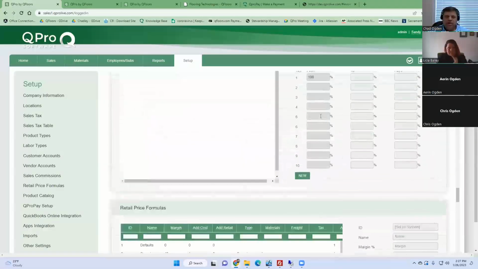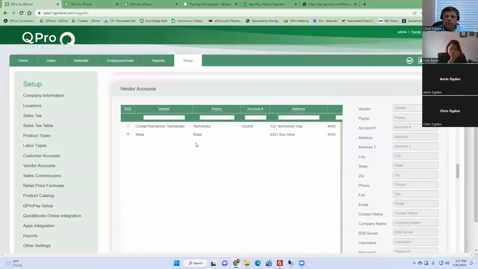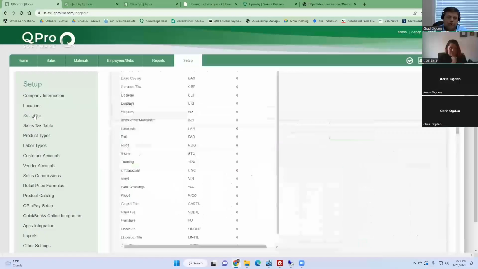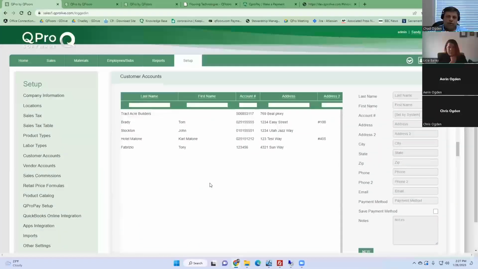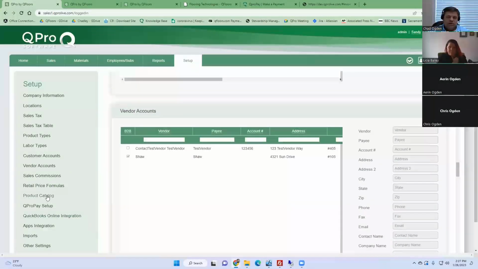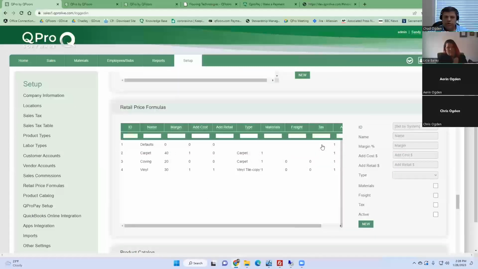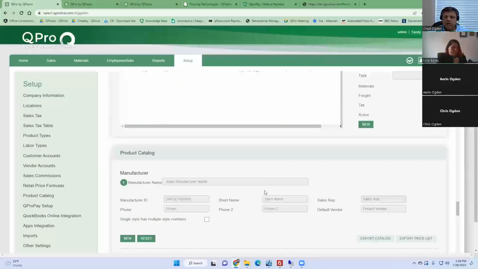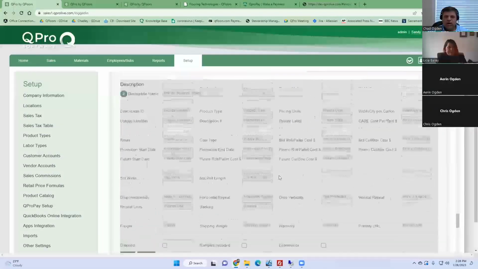So all of these, you can make changes right in here on any of these windows without exiting and coming back in. And you'll also see there are shortcuts over here on the left-hand side, right? So if you just click on any of these, it will scroll right to that window where that's at, right? So if I come down to my product catalog where we just were, by either scrolling or hitting that button, these are all open at the same time too, right? So I've got